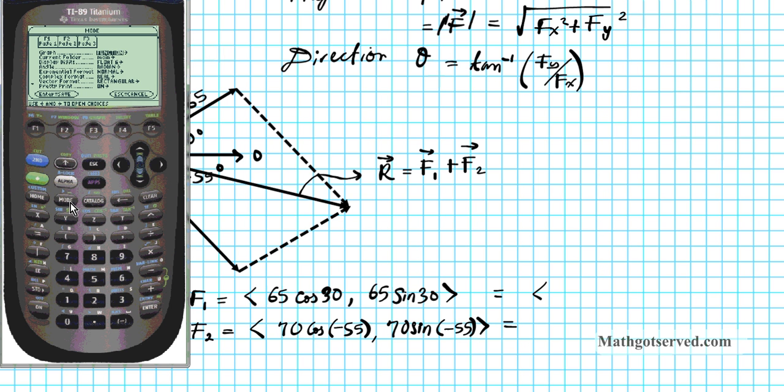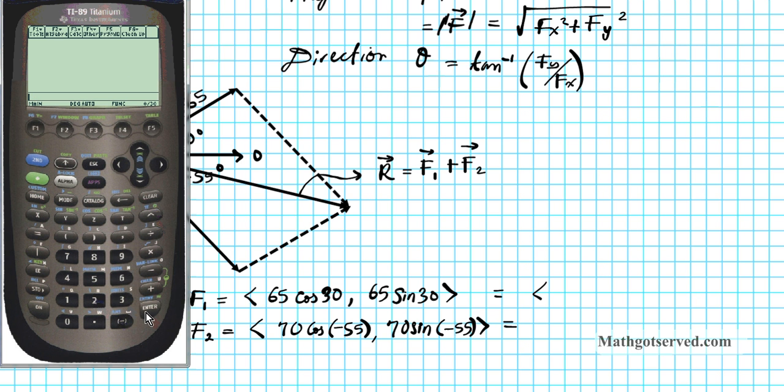So we have 56.2917, comma 32.5. Now for vector f2, we're going to do 70